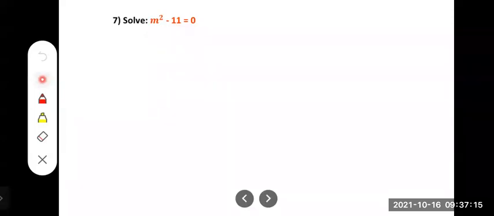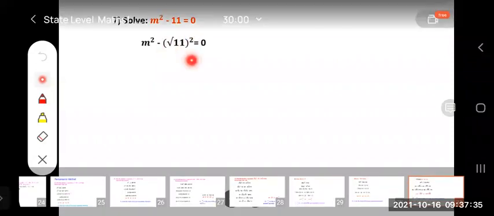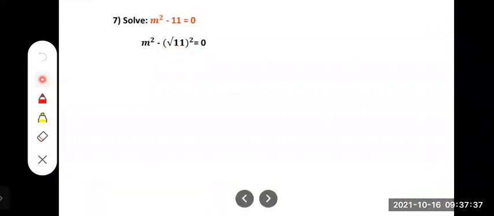See how I can write here m square, no? Here also square we have to take. How we can take the square? You see. As I told you before, root 2 into root 2, 2. Root 5 into root 5, 5. So like that, this 11, can I take root 11 the whole square? Because root 11 into root 11, what you will get back? This 11 only you will get, no? So we can take here root 11 the whole square.